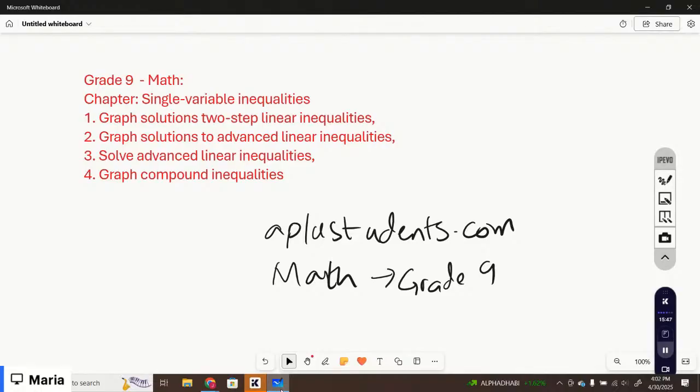So please make sure you have your notebook and pencil so that you can note down the important examples and definitions as well. So let's just start with the